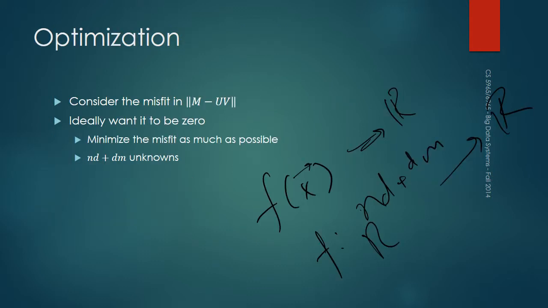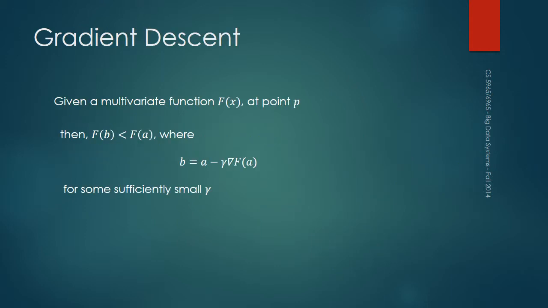Before I go into gradient descent, think of how we have this. We have a function out here. This norm that I have defined, M minus UV, defines a function which is a measure of how close my approximation UV, made up of these ND plus DM unknowns, matches M, correct? So what do we have here? We have a function of this many variables, correct? So that value is going to change. So I have basically, let's see, some f of,